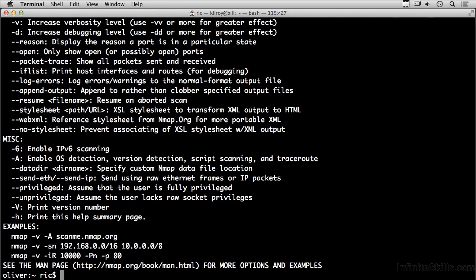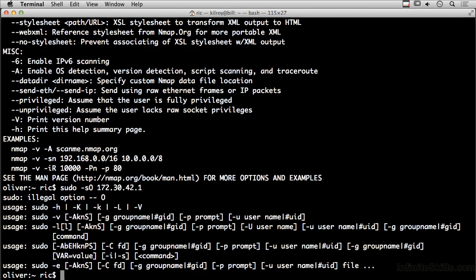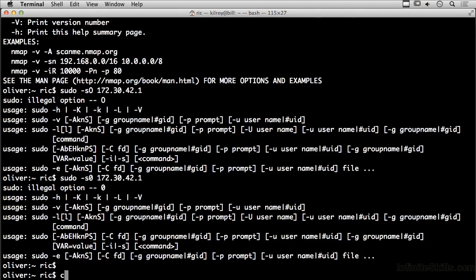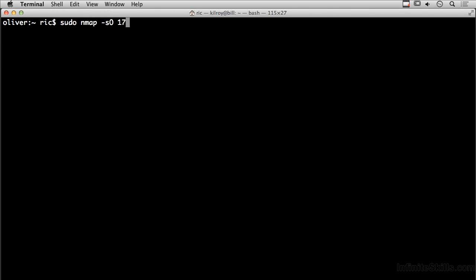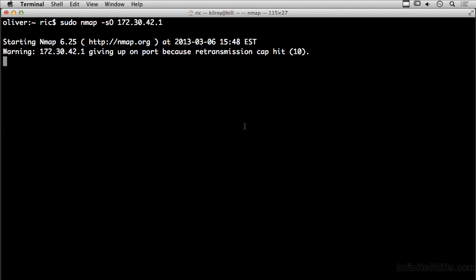So we can check what protocols may be supported if we did something like this. 172.30.42.1. We're running a protocol scan, and we should be able to see the different IP protocols that are supported on this particular system. So it's going to run through this list of IP protocols, and if you're interested in the